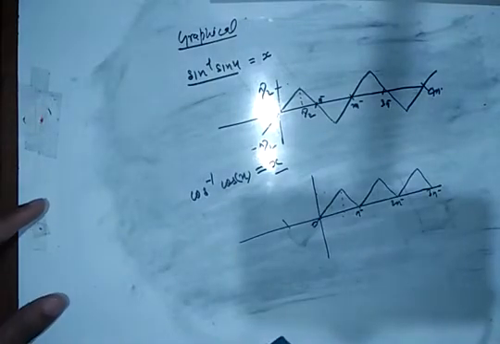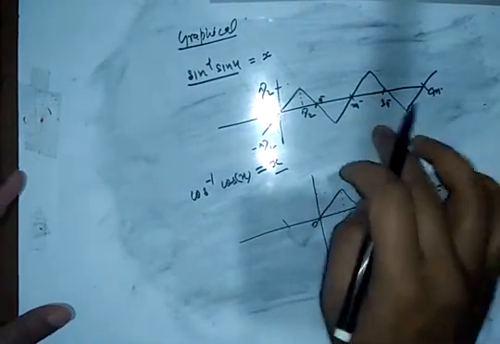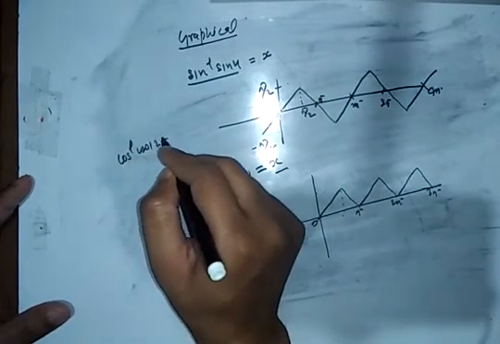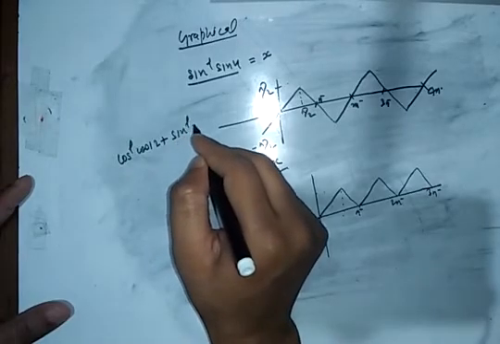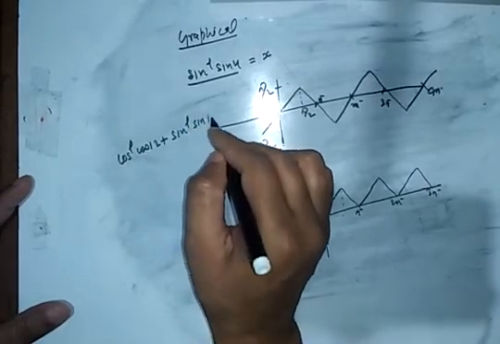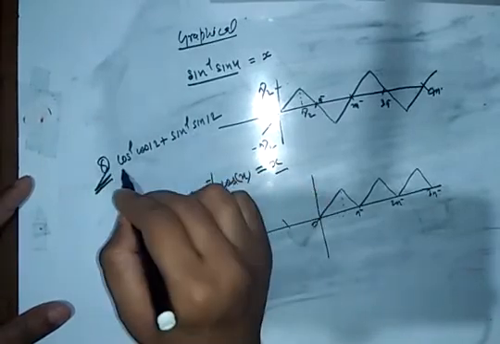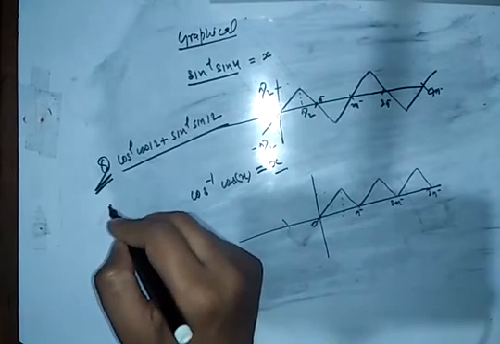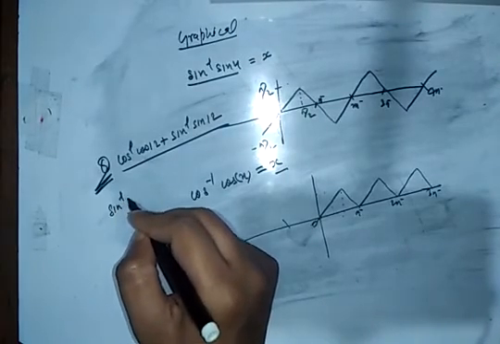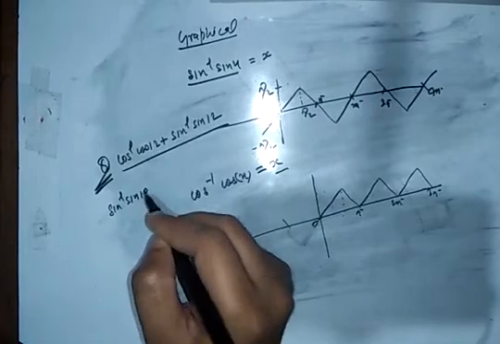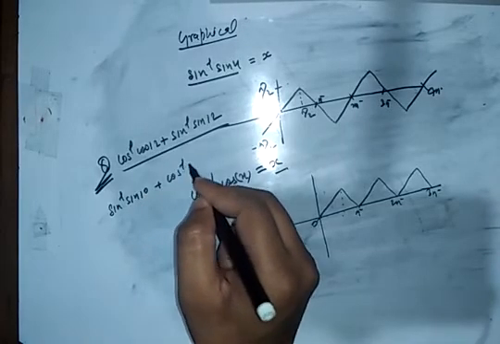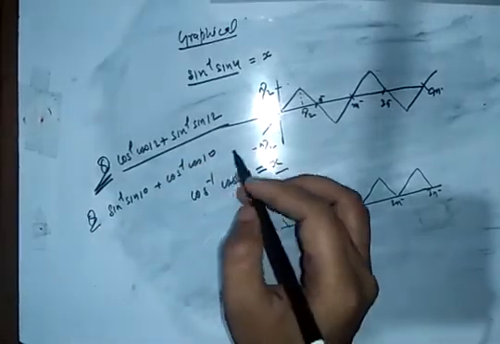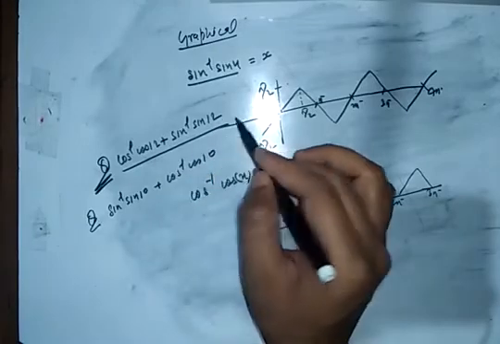So I will give you one question. Find cos inverse of cos 12 plus sin inverse of sin 12. This is the question. How can you solve such types of questions? In the similar way, you can find sin inverse of sin 10 plus cos inverse of cos 10. These two questions you have to find.